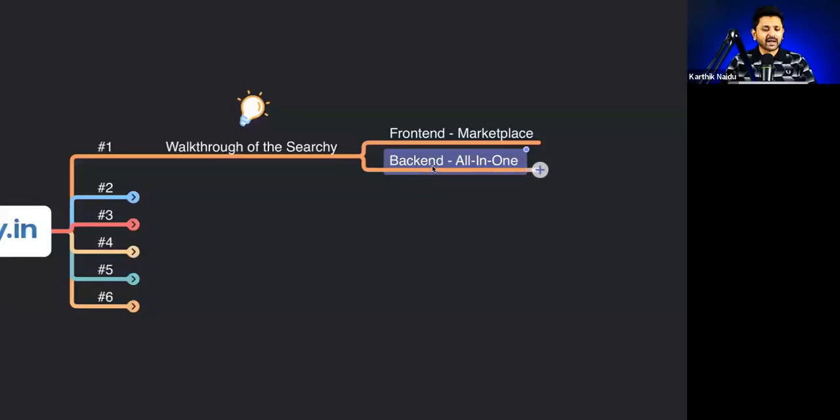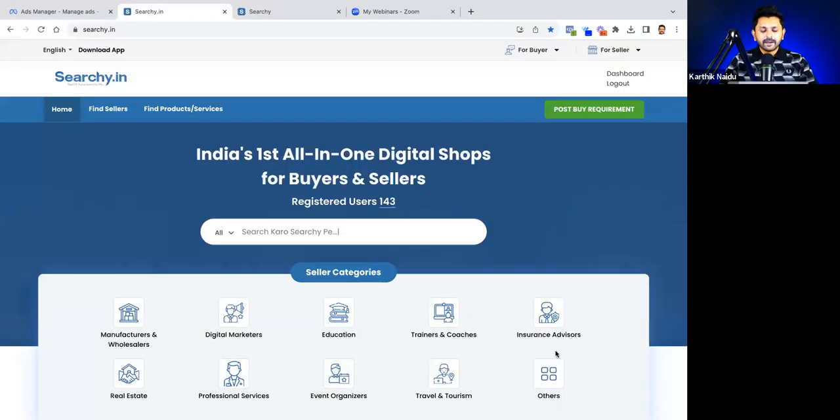So let's go to the second part of today, what I've done in the mind map here. Second is the backend. Now, the best part is this. This is something that a lot of people could build their own if they build their own website. The problem is only with the traffic. You cannot bring enough traffic if you are a standalone website. It's not possible. So that is the reason we've attached both of them. When I decided, I told my team that we will have an option where people come on Searchy,